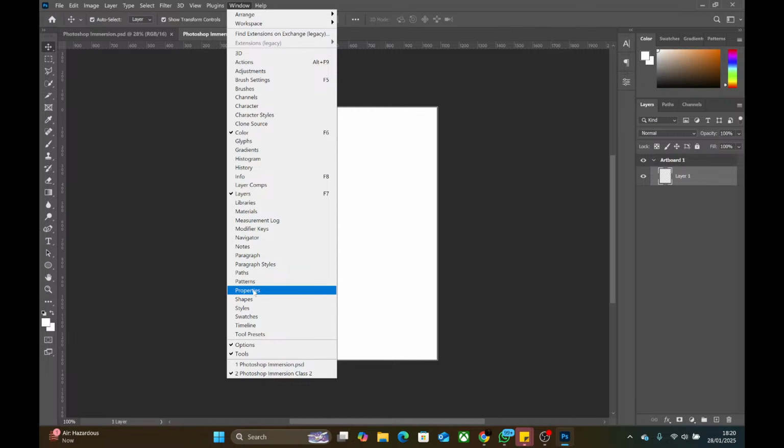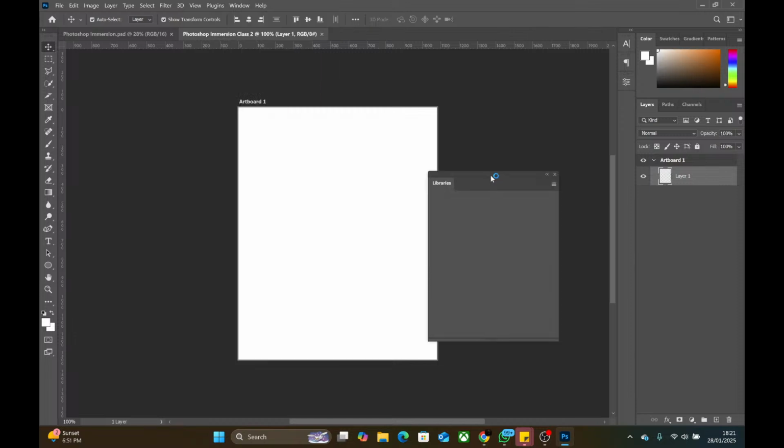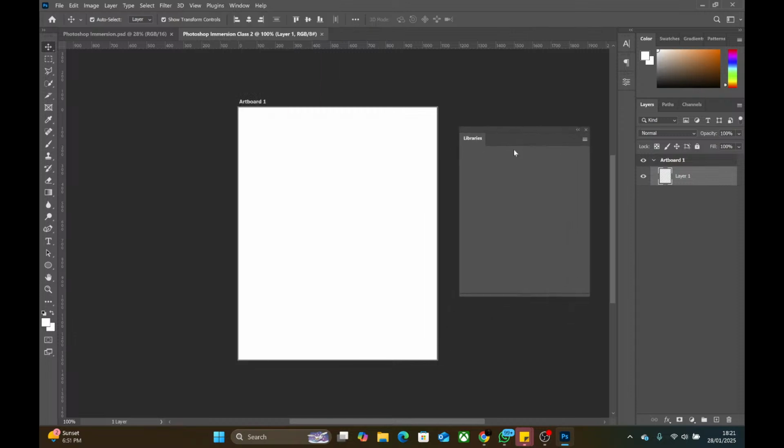So I explained yesterday that anything that you need, you can activate it from here. Anything that you don't need, you can deactivate it from here, or you can close it. But I didn't make an example of that closing yesterday, or maybe I did. So let me quickly do it. Let me add gradient. Okay, gradient is already there. Let me add libraries. I will add libraries, and then look at it here. Libraries will load here.